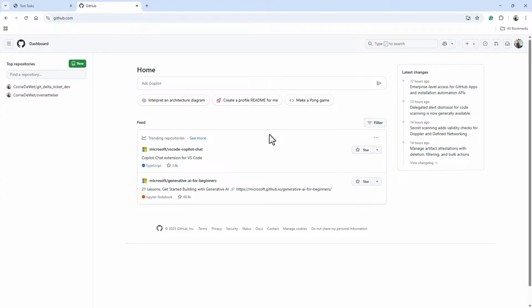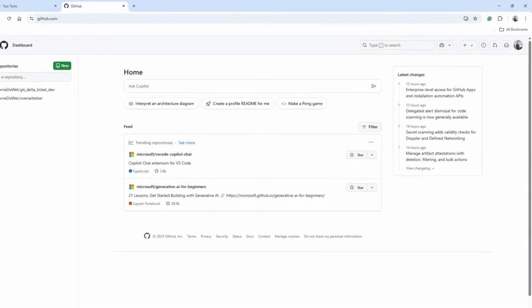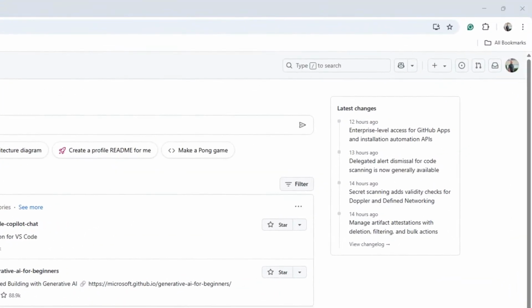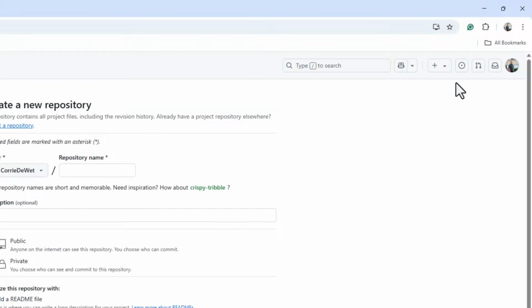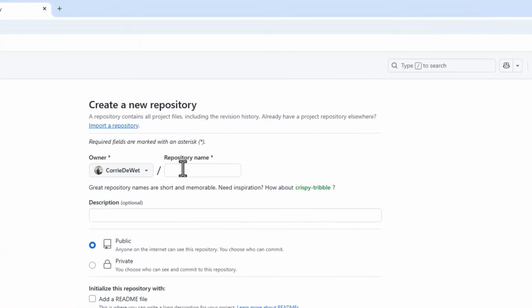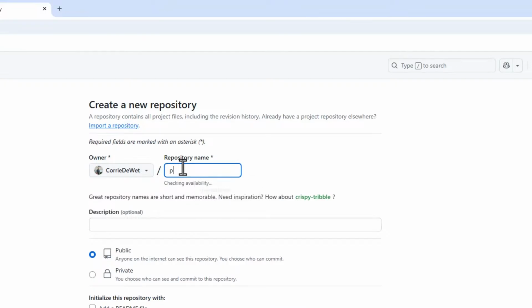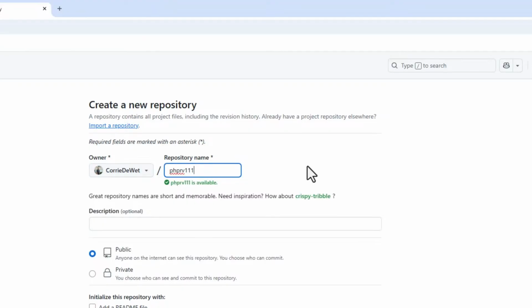What we need to do is add a new repository. We click here on the plus, and then we're going to create a new repository. Now for that you will see my name, Corey de Wette. That's how I registered here on the GitHub system. And on this here, please type a name that makes sense. If you're going to say project 1, project 2, 10, 11, 12, you're going to get confused.